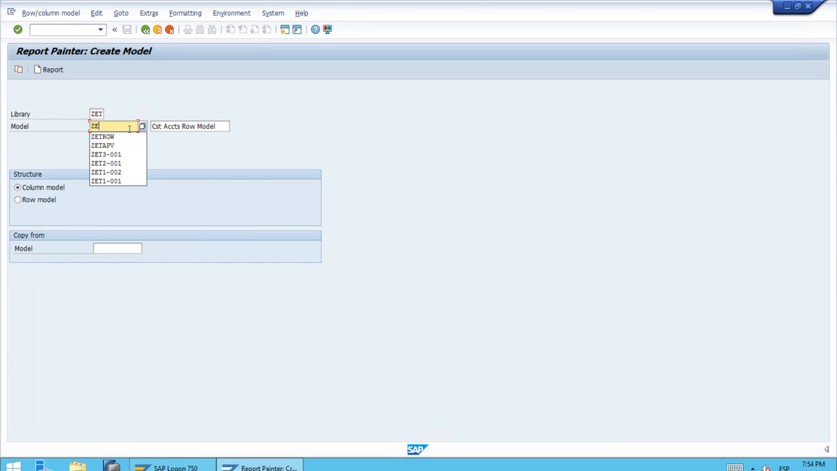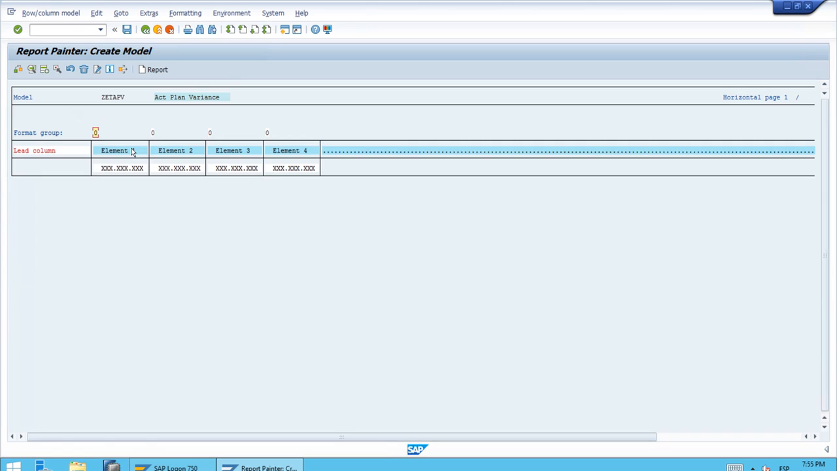So let's just delete the ID that we had previously, and we will use this one for APV, which stands for actual plan and variance. And actually, let's enter the description. The values were reset, so we have the column model already selected here in the structure, and that is exactly what we want. So let's just click create,